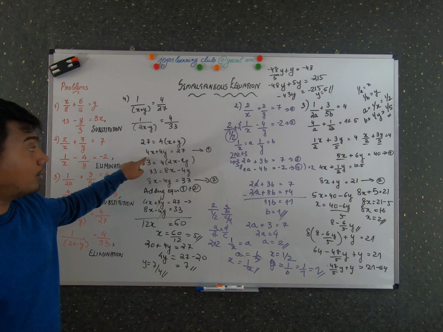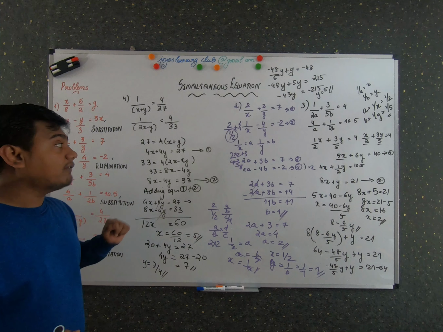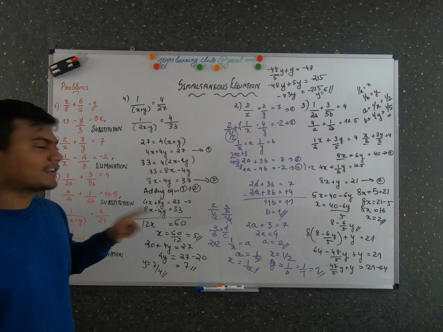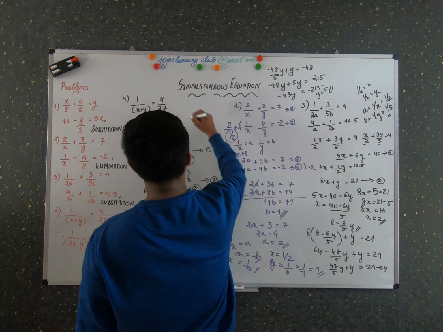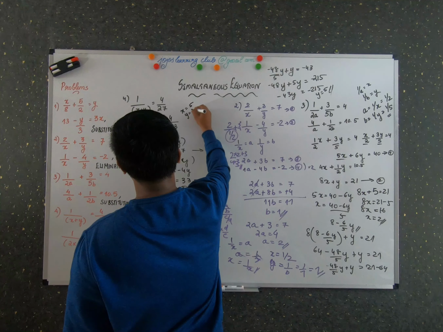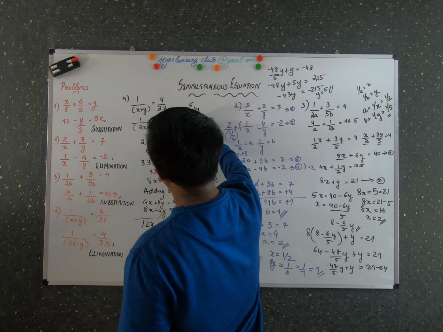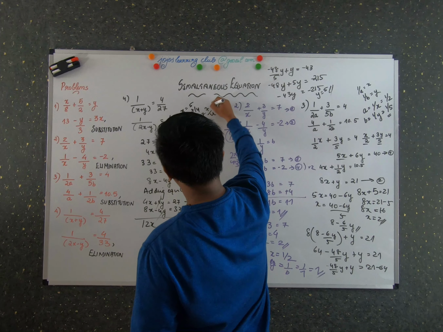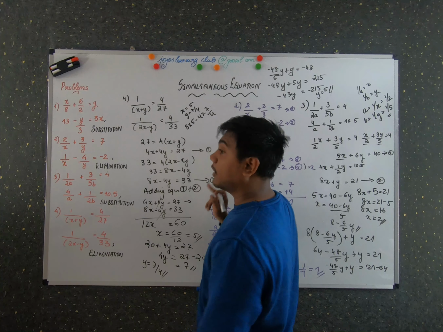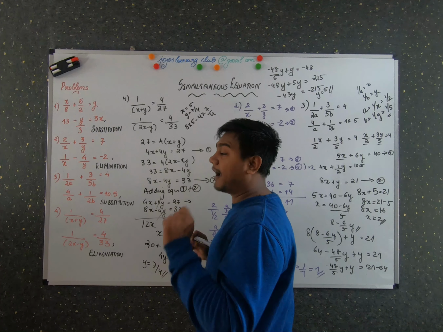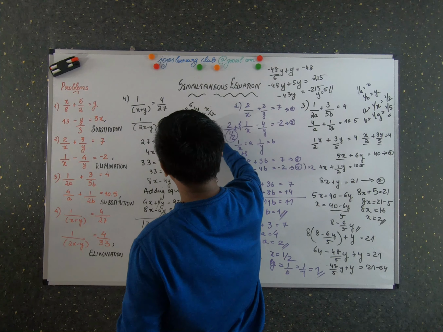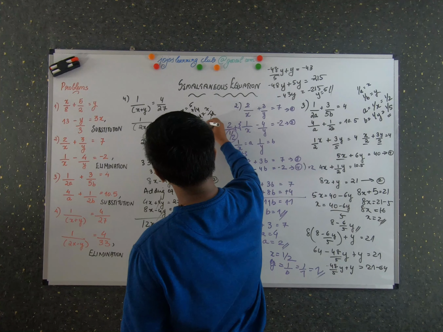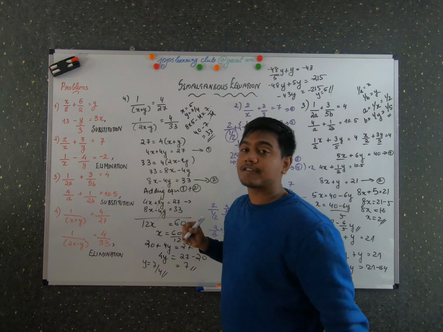So now I'm going to substitute these values and check whether the values I obtained are correct. Let's take this equation so I can be double sure. We know that the value of x is 5 and the value of y is 7 by 4. What happens? 8 into 5 is 40 minus 4 into 7 by 4. 33 should be my answer. Only then can I be sure the values of x and y are correct. So 40 minus, the 4 got cancelled, 40 minus 7 is 33. So the values are correct.